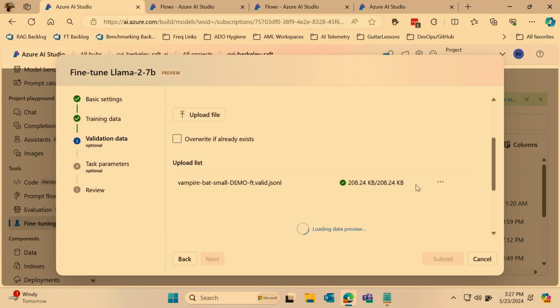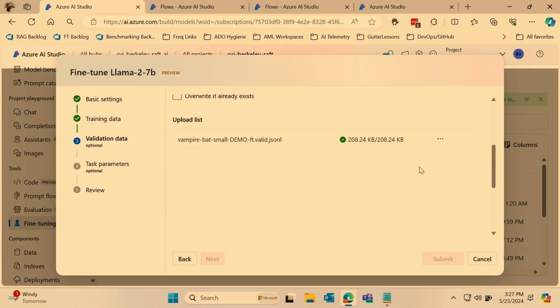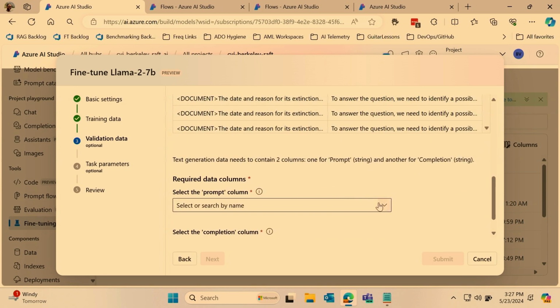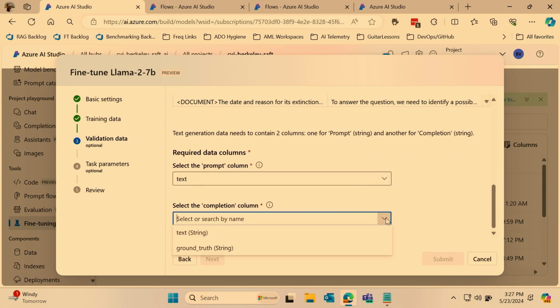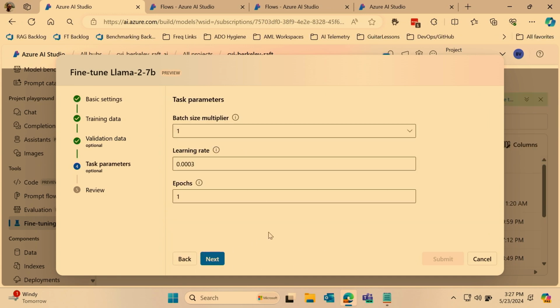And similarly, I can do mapping here as well. Text and completion. Next. All right, so far what we did was we looked at the cost, we mapped a few columns for the data. Now we have to set a few parameters.